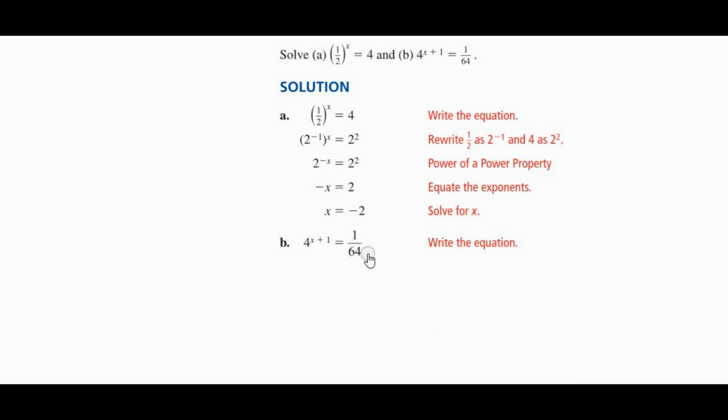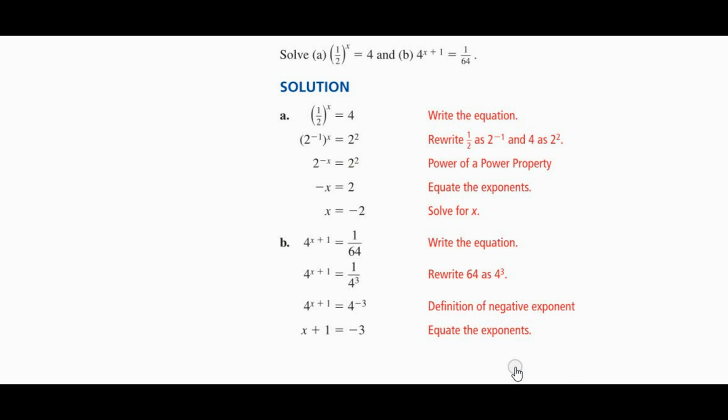So again, let's take a look at B. B is a similar situation. 4 to the third power I know is going to be 4 times 4 is 16 times 4 is 64. So I could rewrite this as 1 over 4 to the third power. So see how they do that? Now I still don't have the same base, but I could write this as 4 to the negative 3, and that would give me the same base. This negative